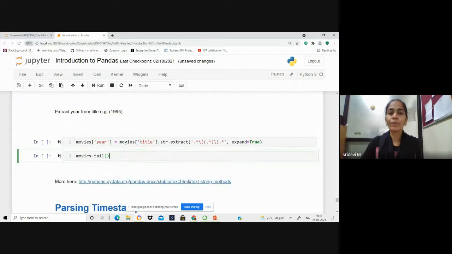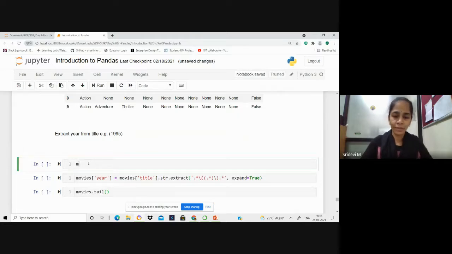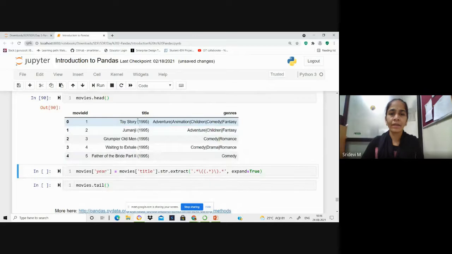Now, if we want to extract the year, let me add a cell and show you. Here we can see along with the title, the movie released year is also attached, because there are movies with repetition of the titles.